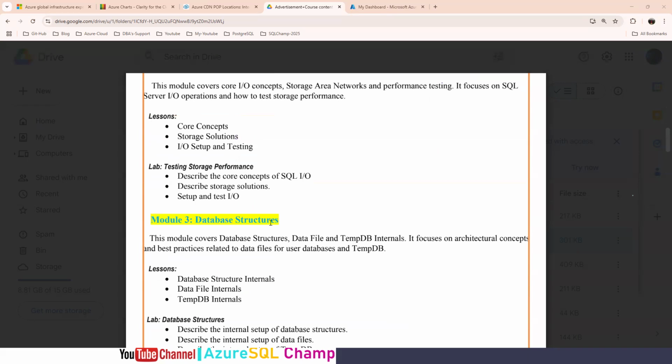Index stats we are going to discuss for five days, almost 10 hours. Not 10 hours, almost 15 hours we are going to spend only on query tuning, which includes the indexes. 15 to 20 days we'll spend on performance tuning.